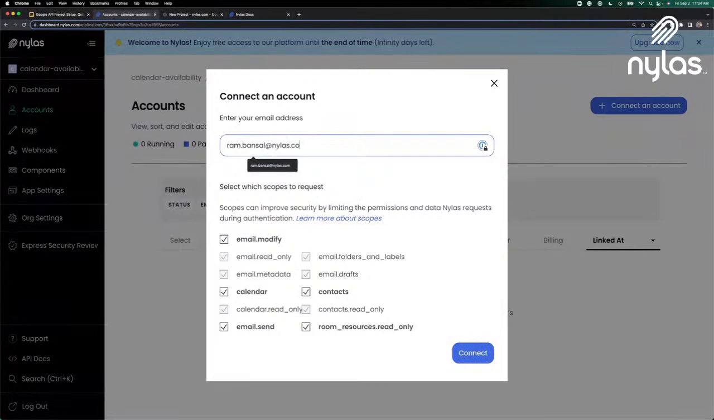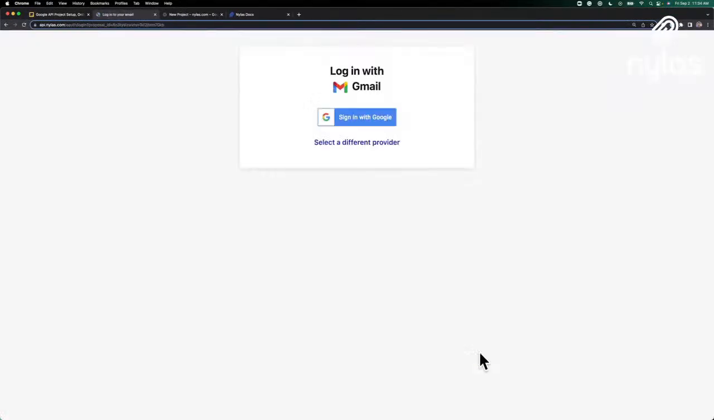So I'm going to use my own account, and I'm going to try connecting my account. It's going to say login with Gmail, and you can sign in with Google. This flow that you're seeing right now is actually a built-in authentication flow that Nylas provides you out of the box. You can use this flow when building your own application, and it's called hosted authentication. All the authentication will be built out for you, and you can just plug it into your application